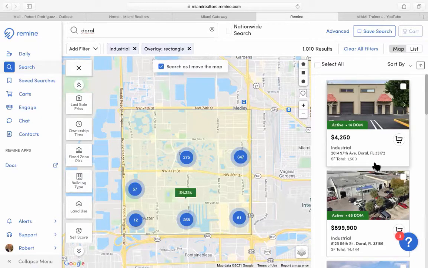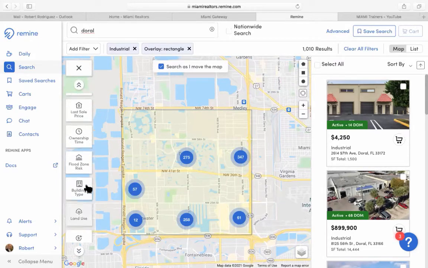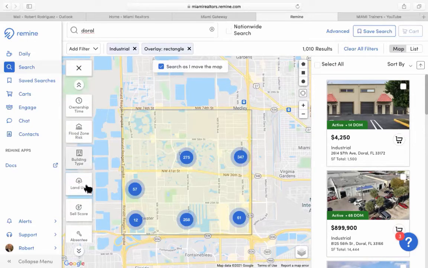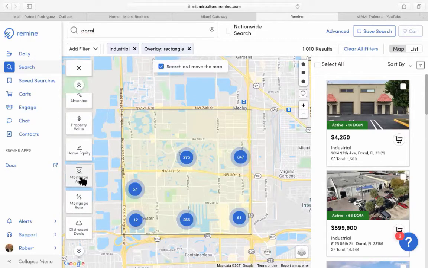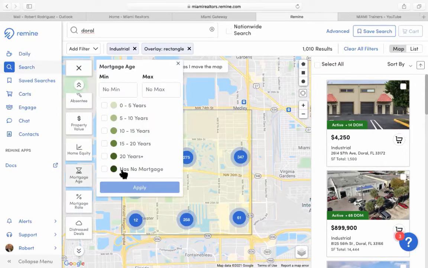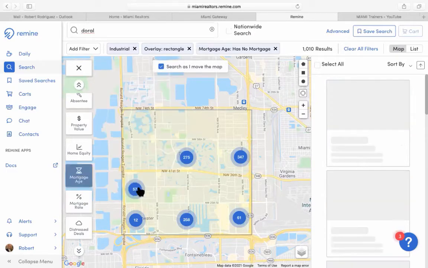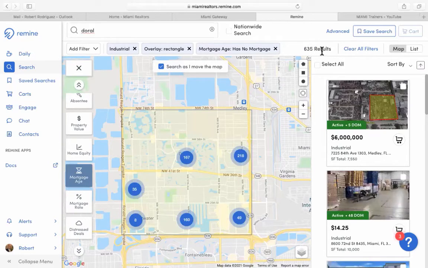Now, if you want to figure out how many of these properties have 100% equity, then we're going to select mortgage age, and we're going to select has no mortgage. All right, and you're going to click on apply. Out of 1,010 properties, you have 635 properties where it's 100% equity on their property because they do not have